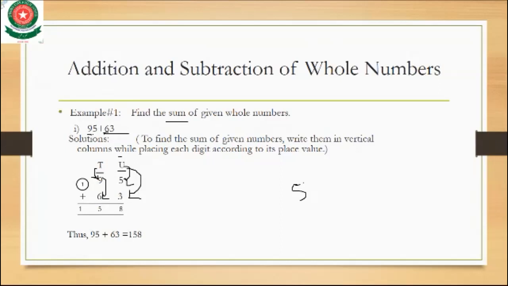So how can you write 15? In 15 there are two digits, 1 and 5. Okay class 6, I hope that you will understand. The most right side digit is 5. The 5 you will write here below the T, and the left side 1 goes to the carry.